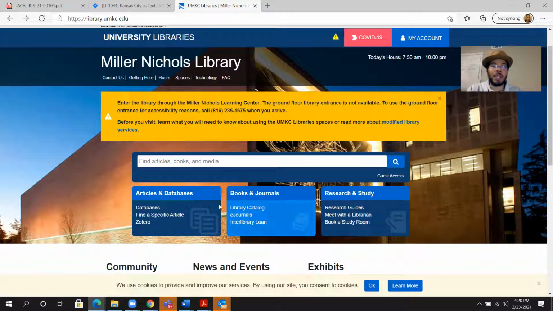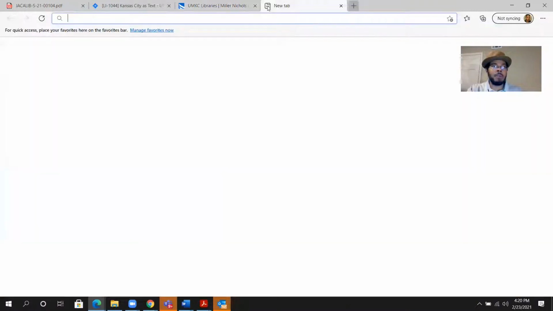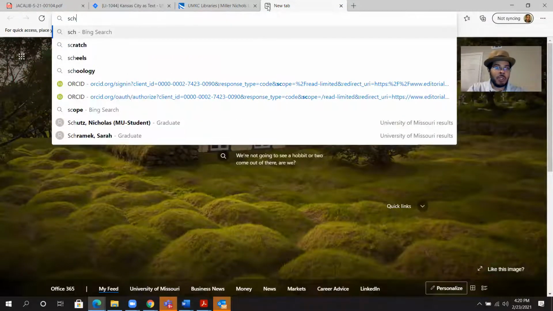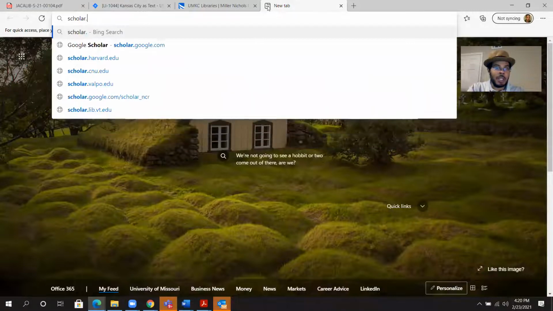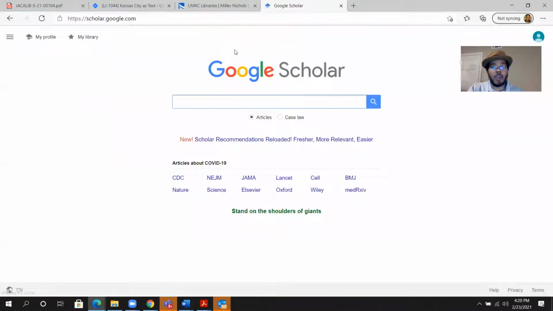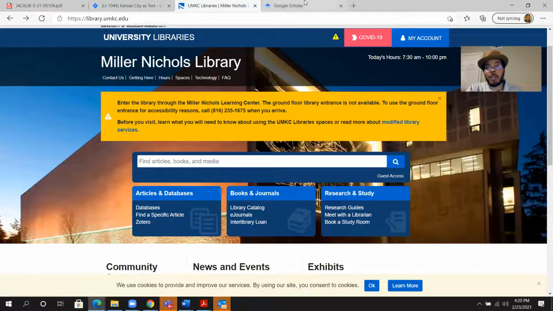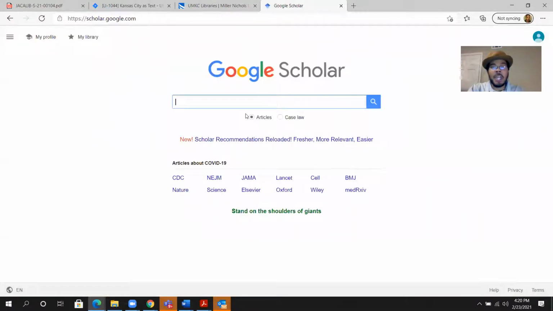the overview. Now we're going to come back to this website again because we're going to be looking at specific databases. But I do just want to go over very quickly that interlibrary loan is an option for you all as well. I'm not actually going to put in an interlibrary loan request. I'm just going to tell you when you might want to use it. So let's say that you are